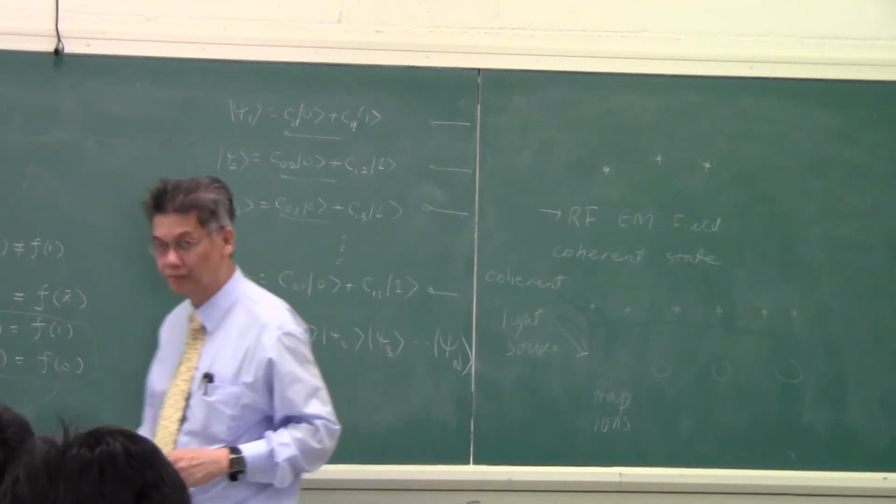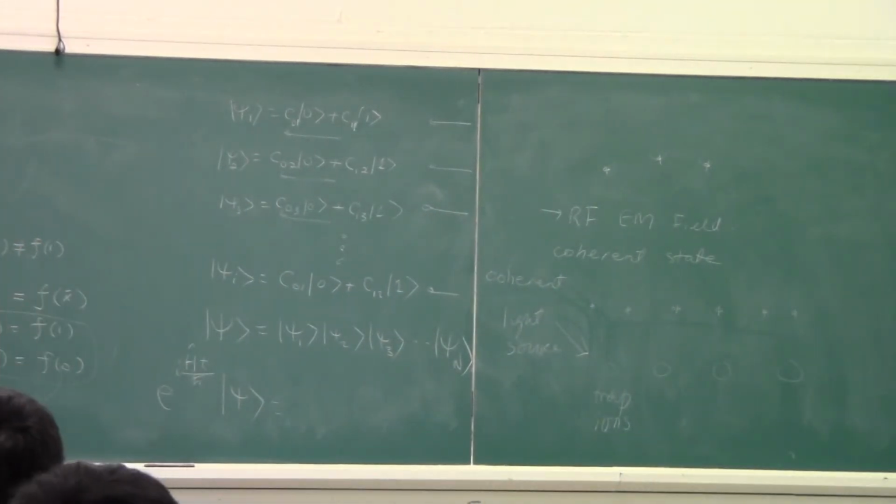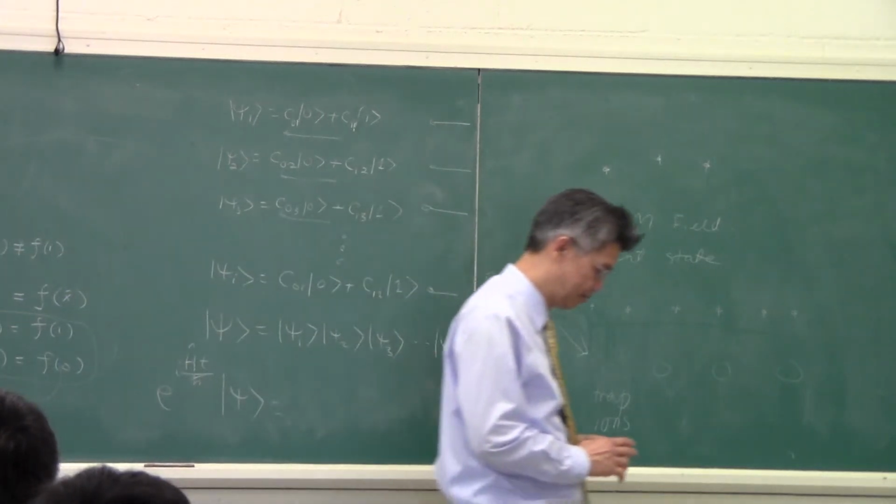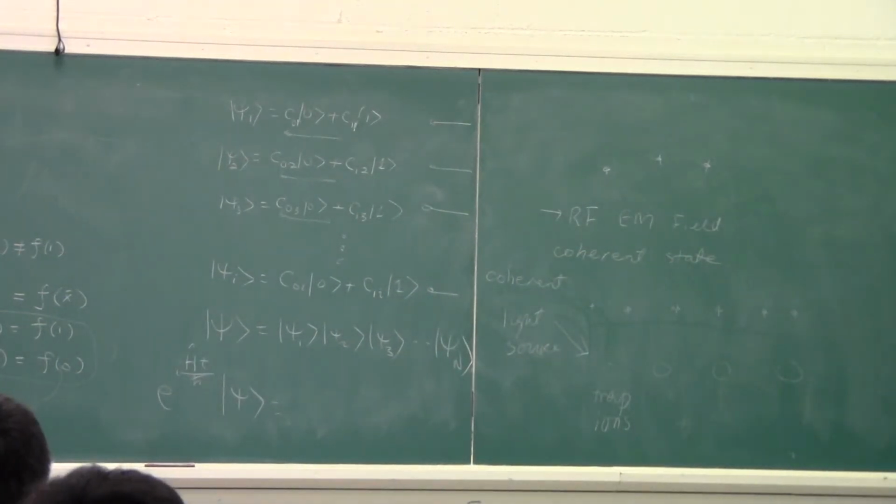Okay? Yes? I remember for trapped ions we use light to cool the atoms. So is this cooling process the same as the process to make them coherent? The cooling process, I think, is a different process. I don't remember what that is now. Can you tell me what they do in